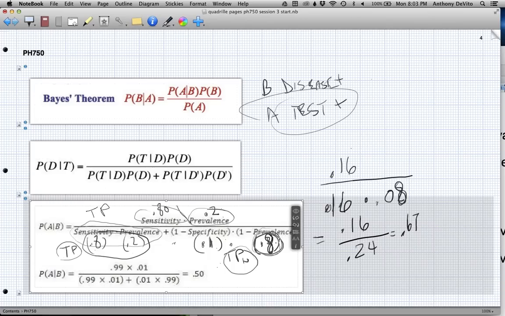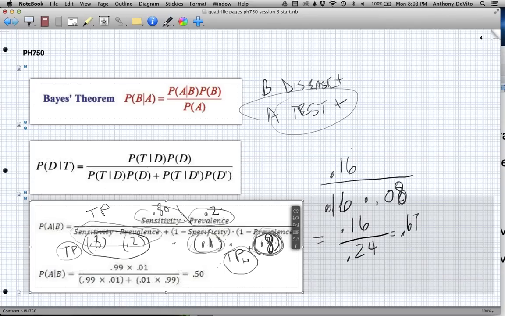But we're interested in the probability that they would test positive. So 90% test negative, 10% of the time, or 1 minus the specificity, they would test positive. So 80% of the people would test positive 10% of the time, for an overall percentage of 0.1 times 0.8,